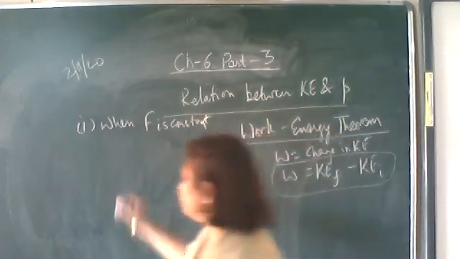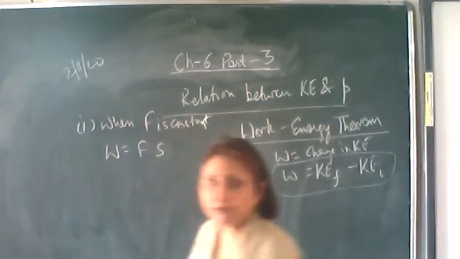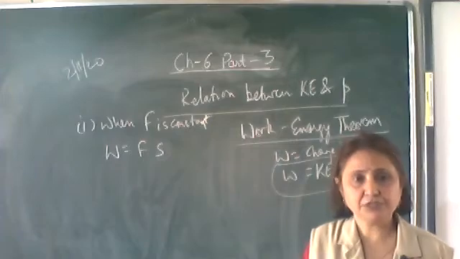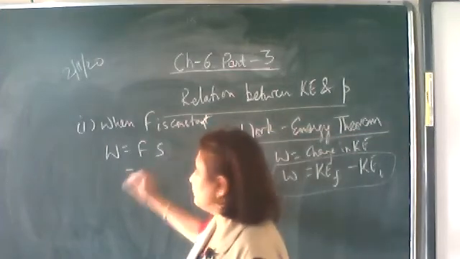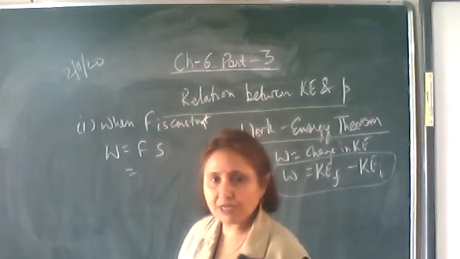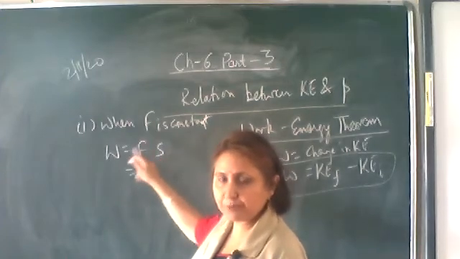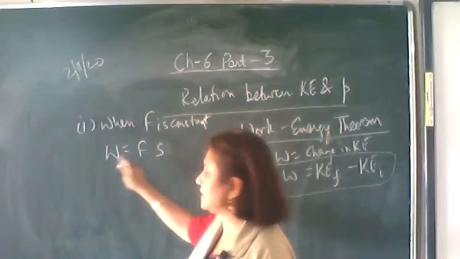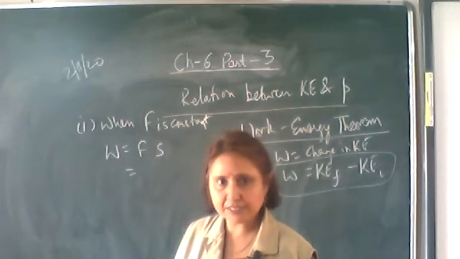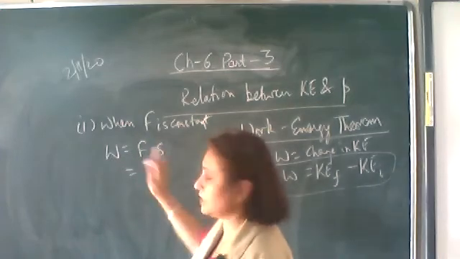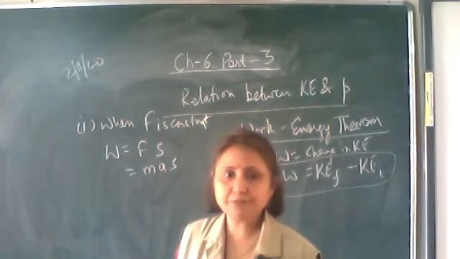Okay, so we know that work done is equal to force into displacement. This is the expression for the work done. When a constant force is acting, force is constant. Whenever a variable force is there, how do we proceed? Small displacement, small work done, total work done, integration of it. That is for a variable force. If the force is constant, F is mass into acceleration, into displacement.